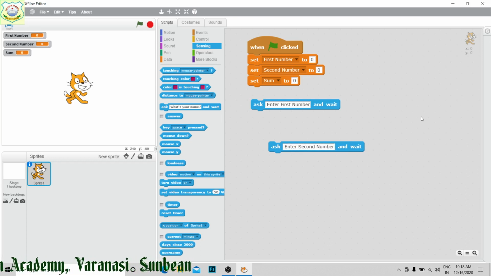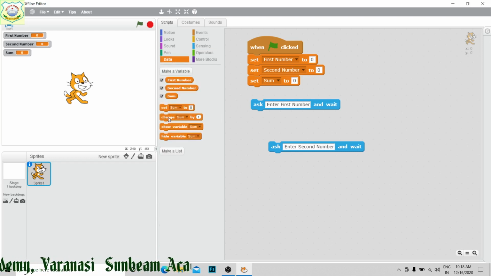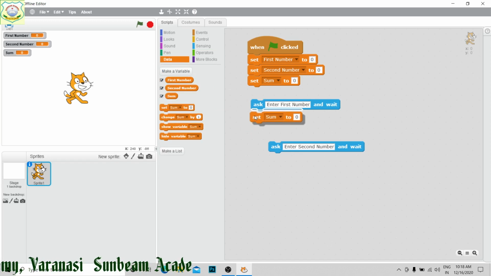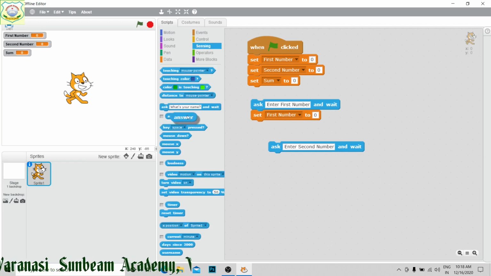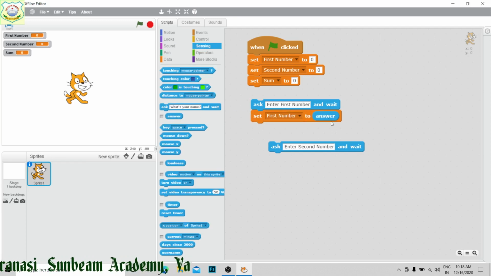Now how will its value go inside? For this we will go to data section. From there we will take set first number to what result you are going to put, that will be in answer. I have done this one.